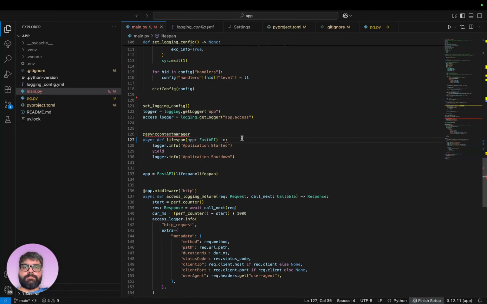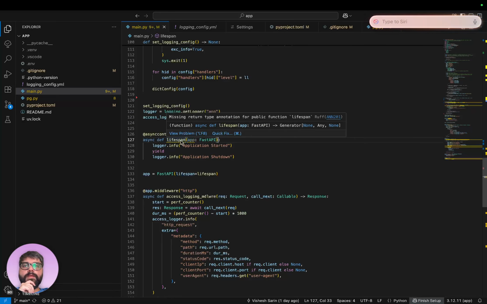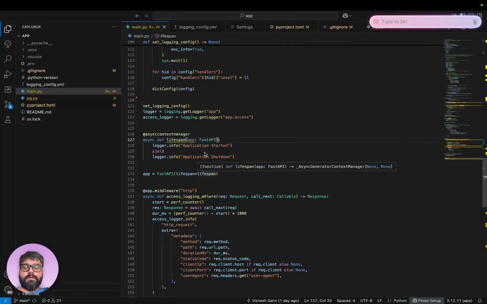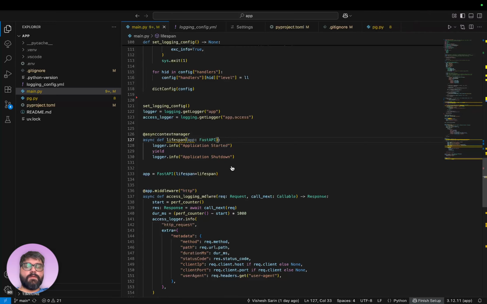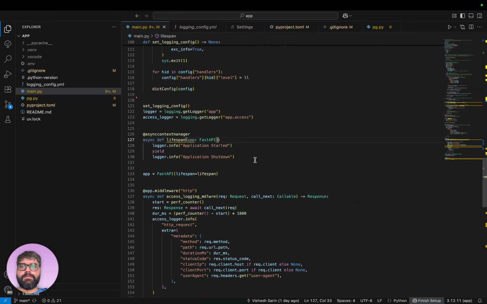Oh boy. Well, let me see why. App is not used, function argument app. Oh, I accidentally invoked type is here. Let me look this up.